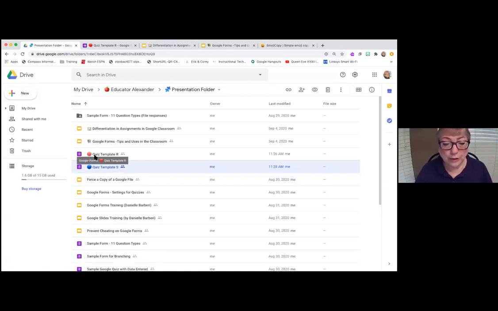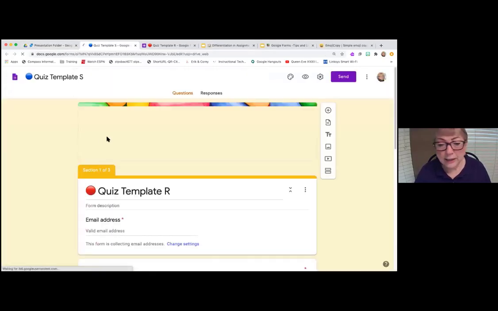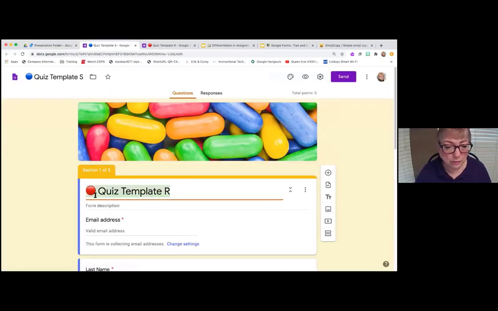When I do a red circle, it's the regular ed students. If anybody has questions, just say question. And I'm going to go right here, and I'm going to also paste it in, so my titles match my title of my quiz.